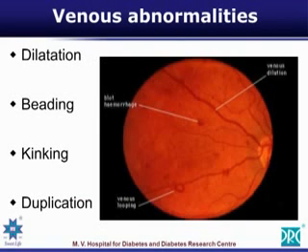Venous abnormalities. The veins that exist throughout the retinal architecture undergo a process of dilatation which becomes very irregular. They have a lot of kinking, duplications, and venous looping occurring. Here, this is a classical loop that occurs. There can sometimes be duplications of the vessel itself, where you will find that almost two veins are going side by side together. These are the various venous abnormalities that you will find in various stages of non-proliferative diabetic retinopathy.